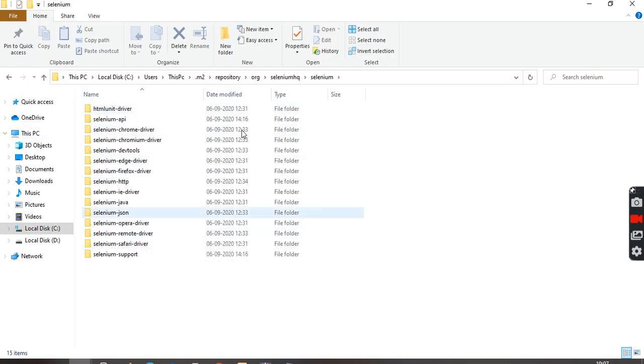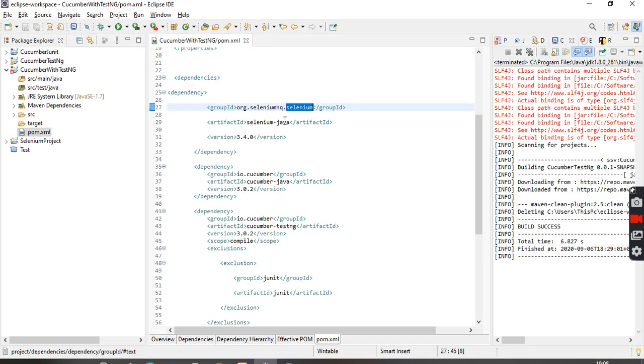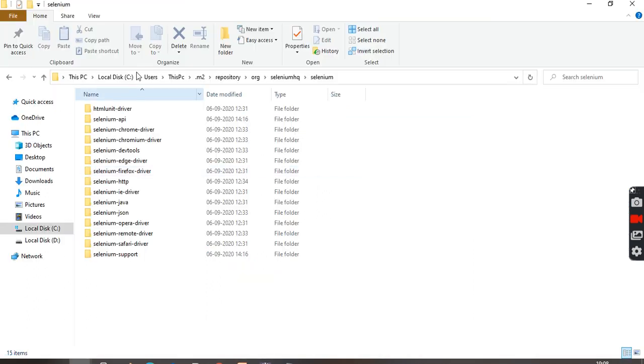Here also there are so many things actually. If you mention only Selenium Java, then automatically all the required software will be downloaded. What does it mean? No need to mention IE, HTML or Edge browser, Firefox browser.